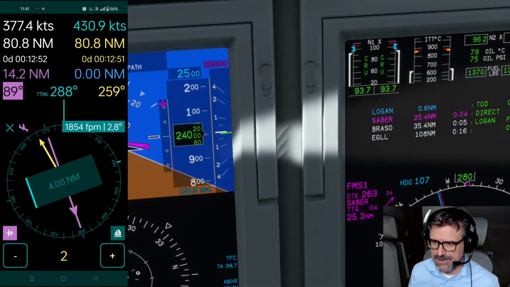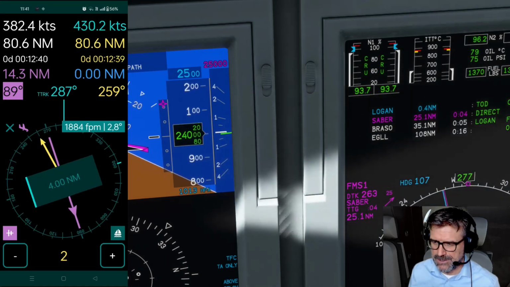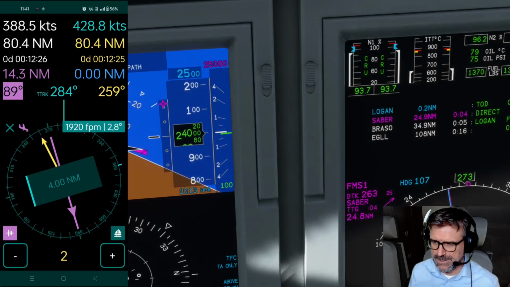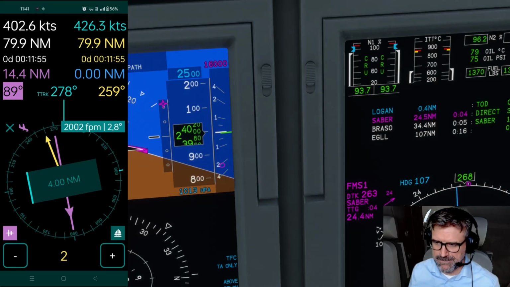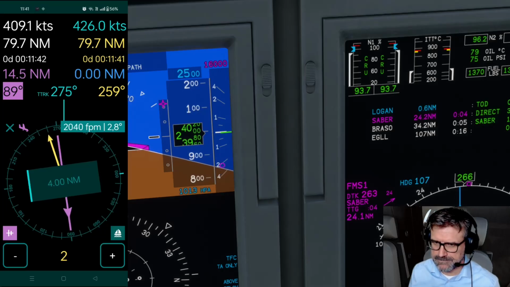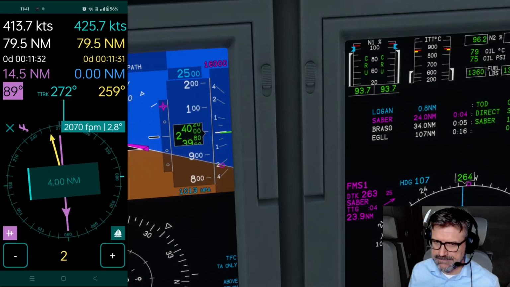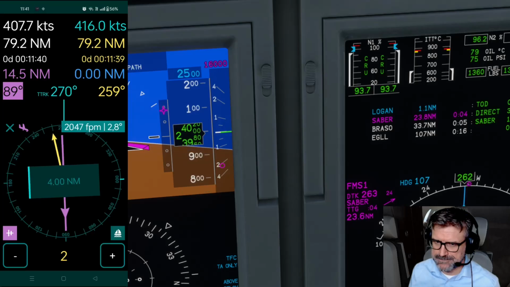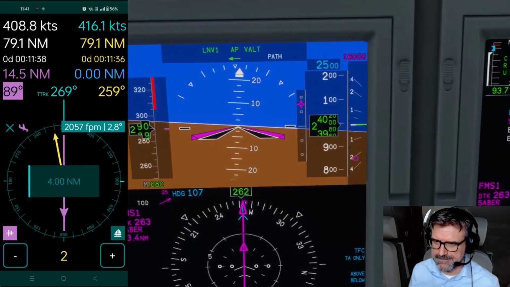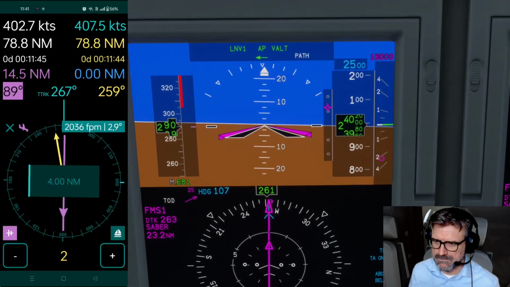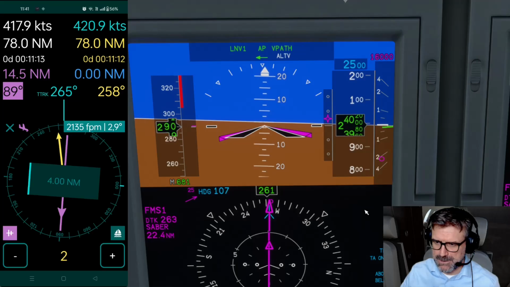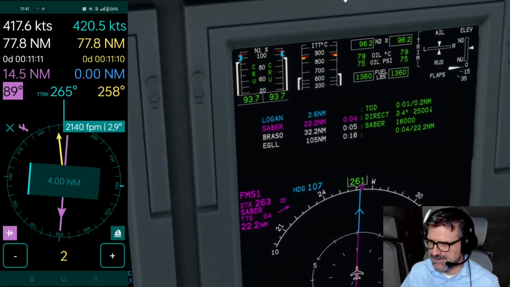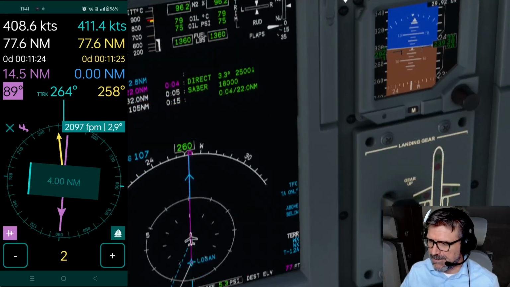The end of the Logan, start of the Logan arrival, and there you go, diamonds dropping. Oh dear, I never switched to standard pressure. Well, never mind. Oh yeah, reminds me,